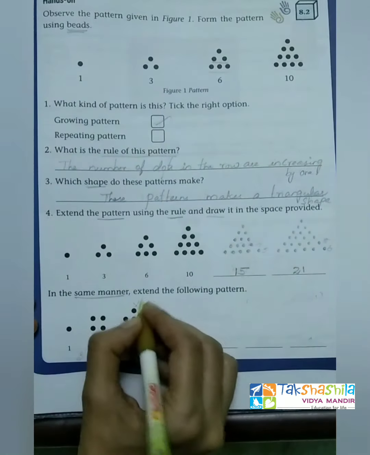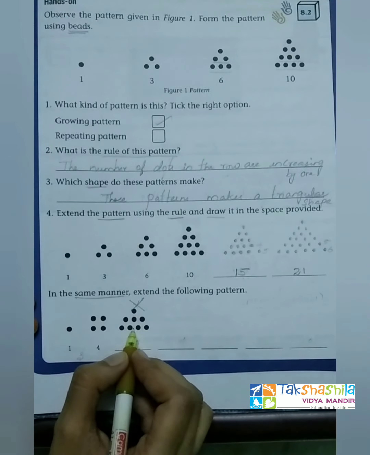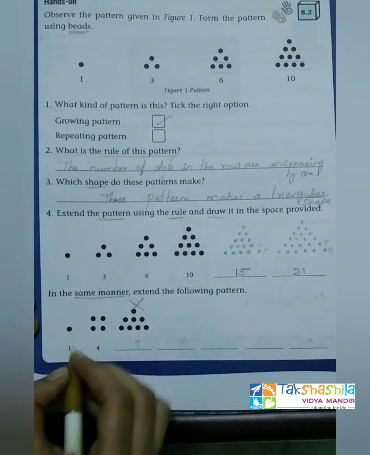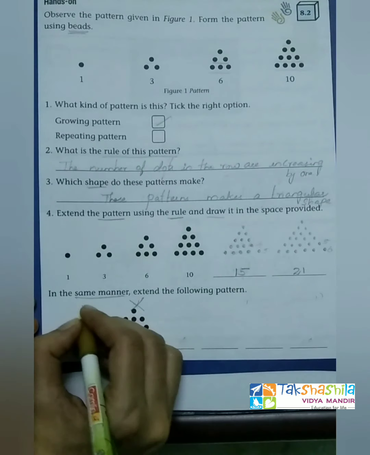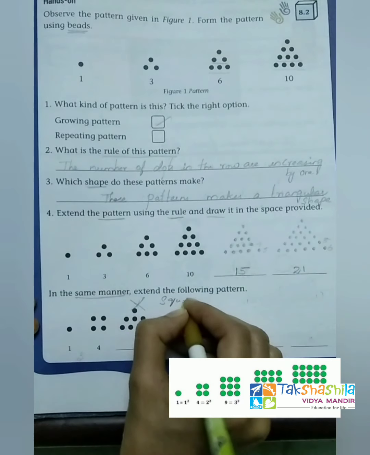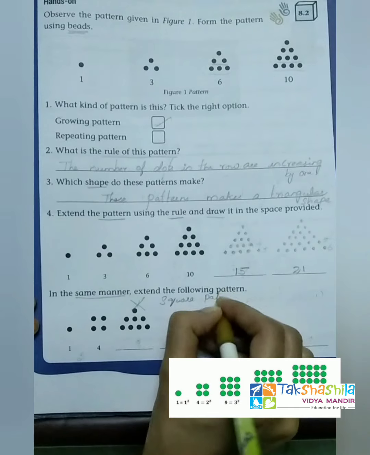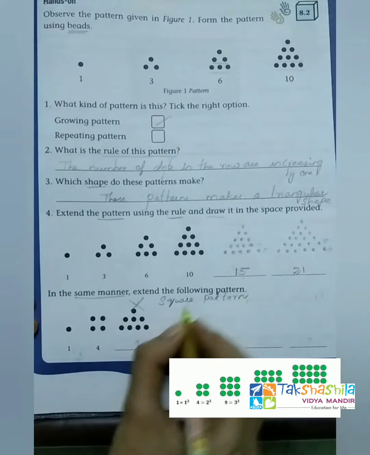See this image, actually in your book it is wrong. So we can't make a square like this. It's not a, and the third one it is not a square. நம்ம முன்னாடியே அதோட image பார்த்திருப்போம். So you have to draw here. Using that image you have to extend the pattern, which forms a square pattern.